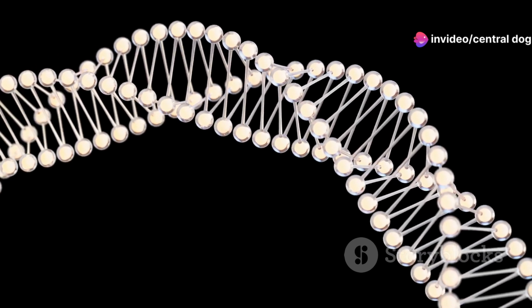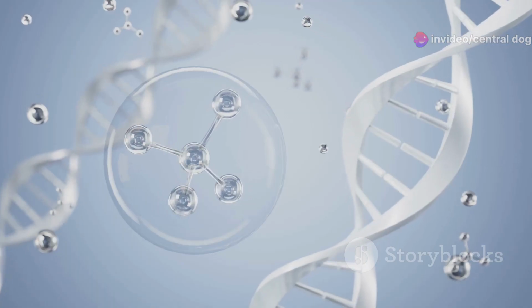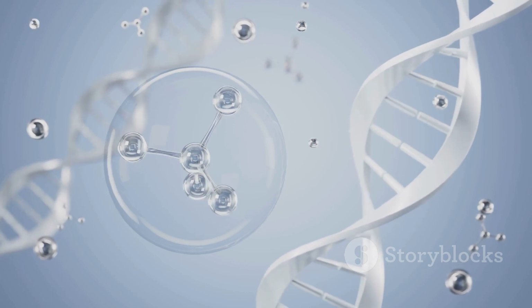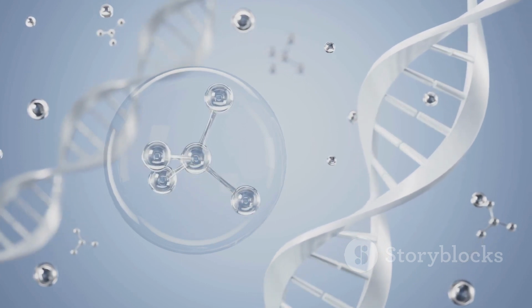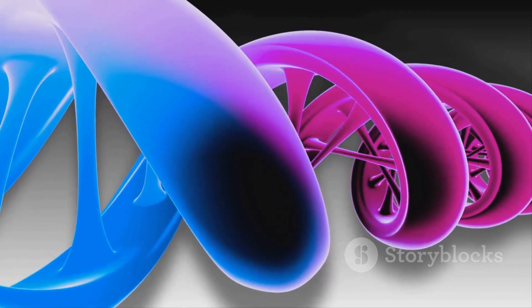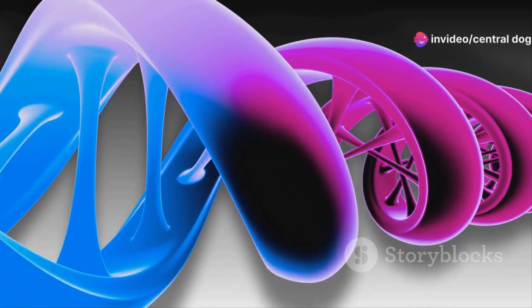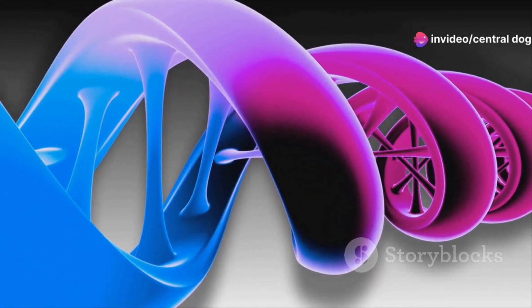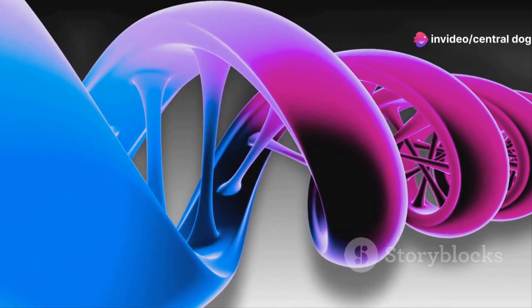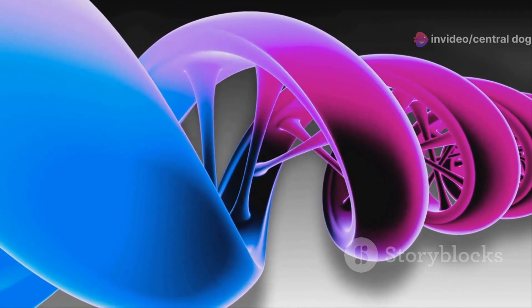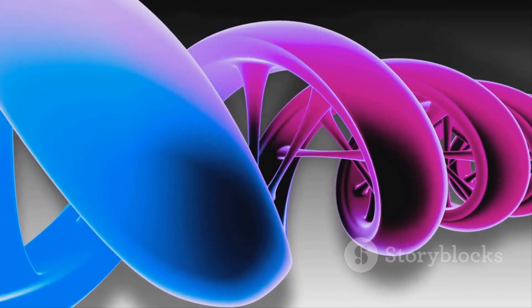This long, linear polypeptide chain needs to fold into a specific three-dimensional shape to become a functional protein. Think of it as origami at a molecular level. The shape a protein takes is crucial to its function. Whether it becomes an enzyme to speed up chemical reactions, a hormone to send messages, or an antibody to fight off invaders, it's all determined by how it folds.